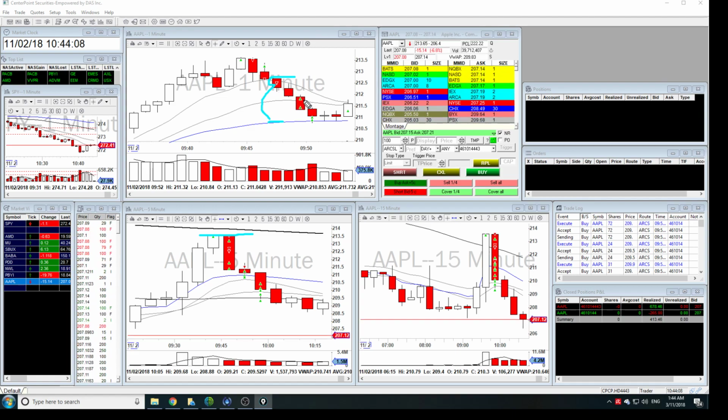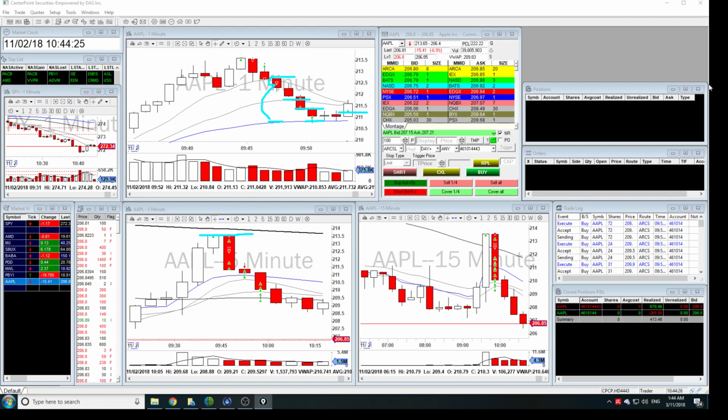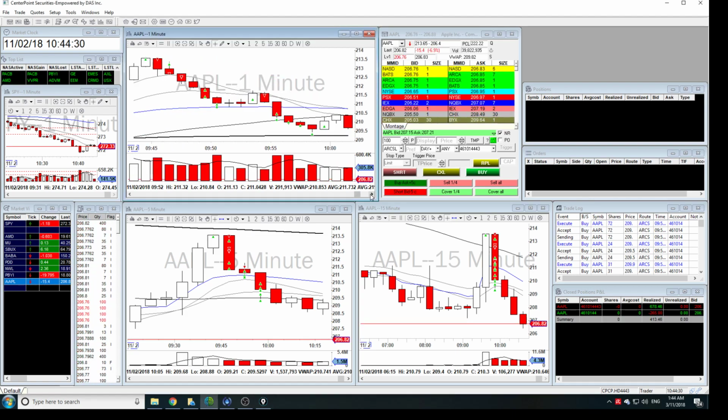So I got some out when it dropped down to this moving average, and I got some more, and at my profit target I got most of it out. Then I saw it seems like it's holding this level, so on the way up I sold everything here, and then I did my last trade, which I saw